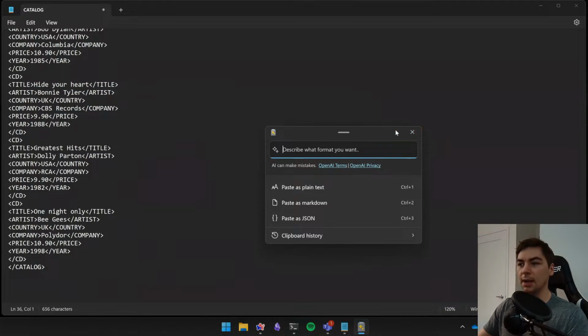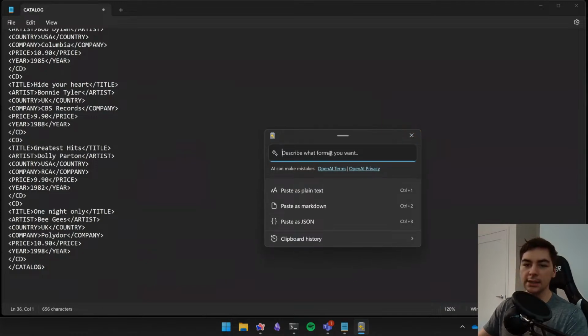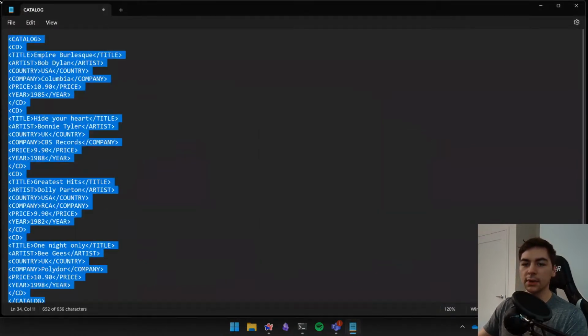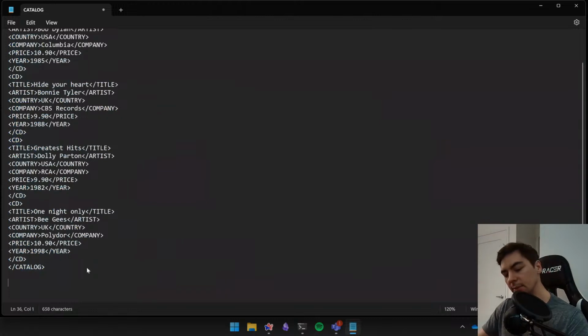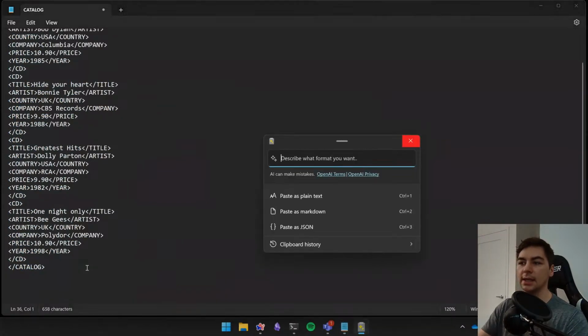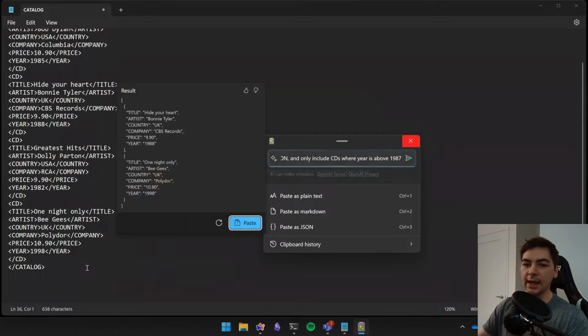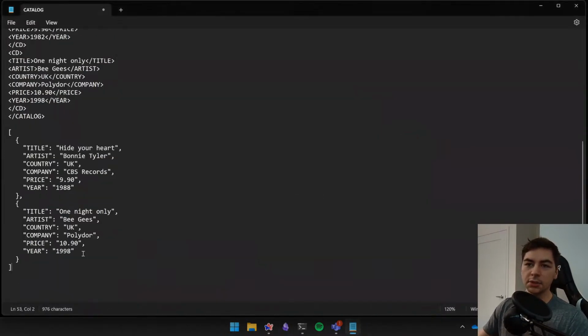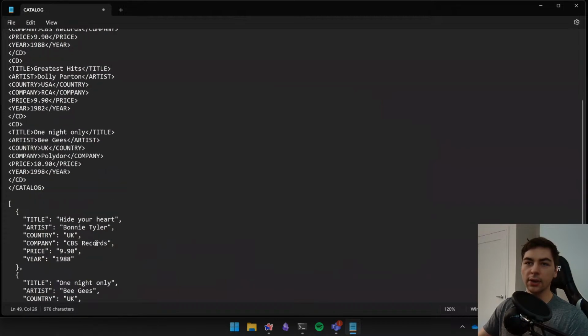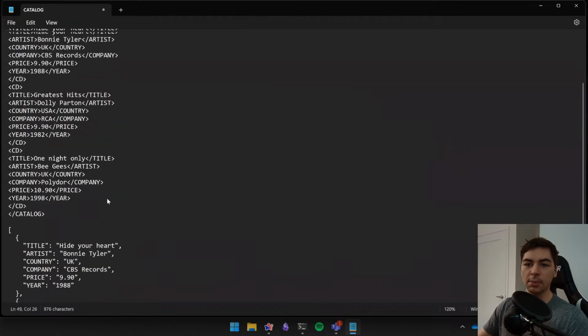But once you set it up, you can paste in any format you like. So for example, let's do something like paste as JSON and only include CDs where the year is above 1987. What we've done is taken that query and sent it up to OpenAI and gotten the result back. And so we're able to really intelligently create the result: only the records that were above those years